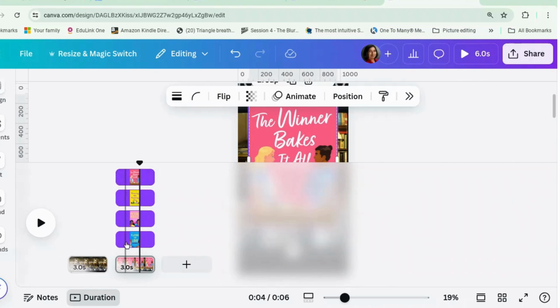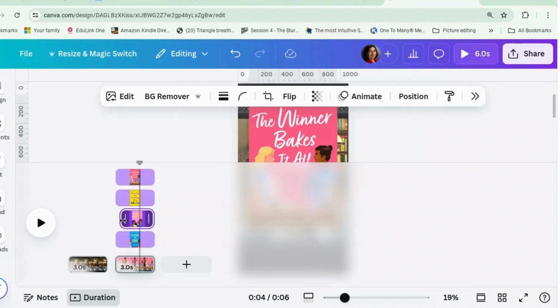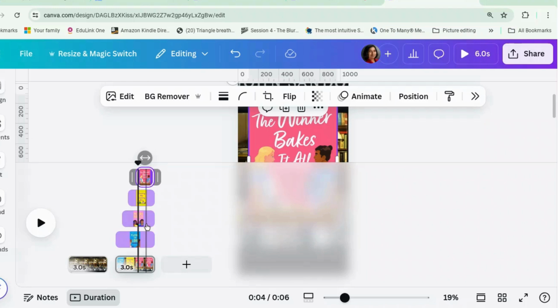Okay, so we want Playing for Love to come in first. So that comes in at 3 seconds. This one comes in at 2.5 seconds. This one comes in at 2 seconds. And this one comes at 1.5 seconds. I think in my other video I had them coming in at 3 seconds. That was really quite fast. Okay, and then